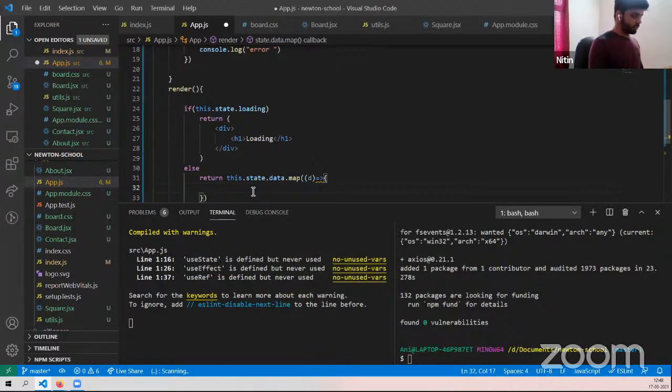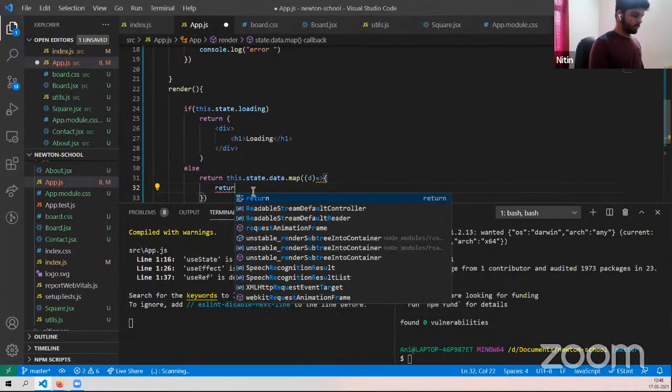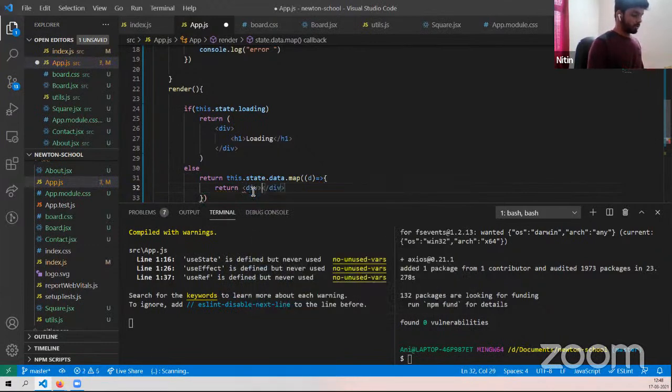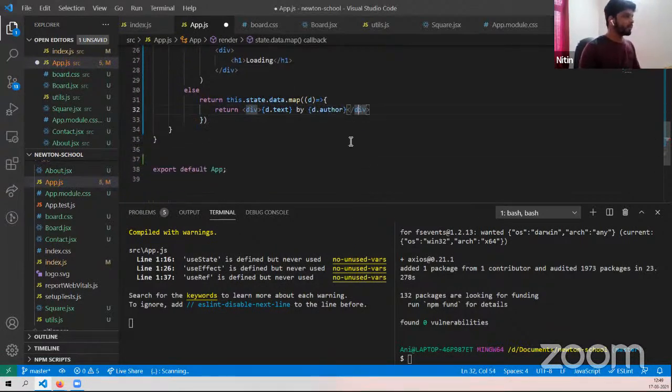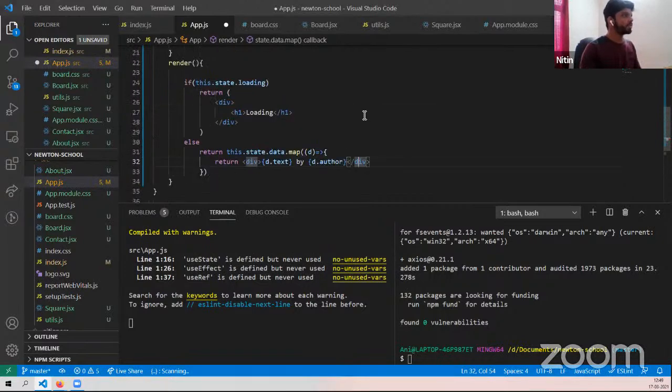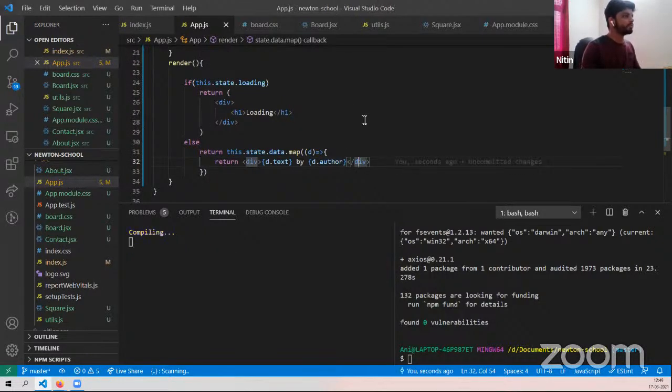And what we're going to do is return d.text by d.author. Okay, now this is just going to be